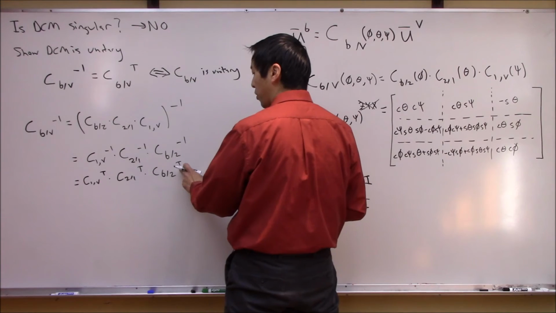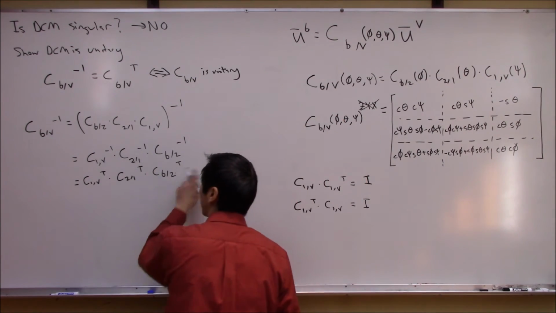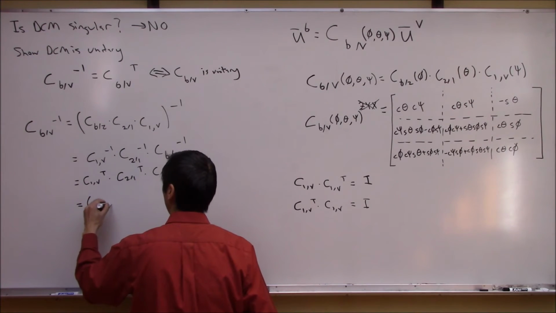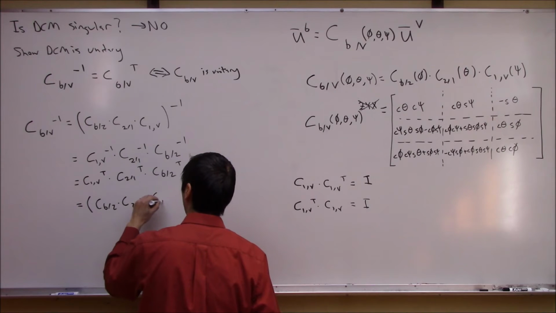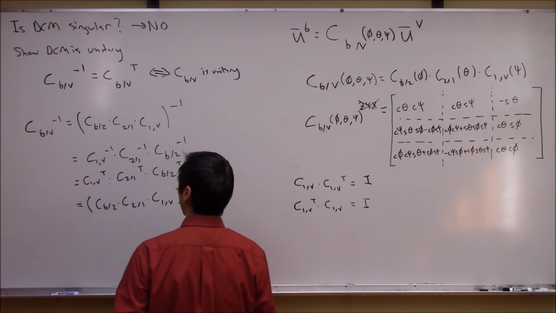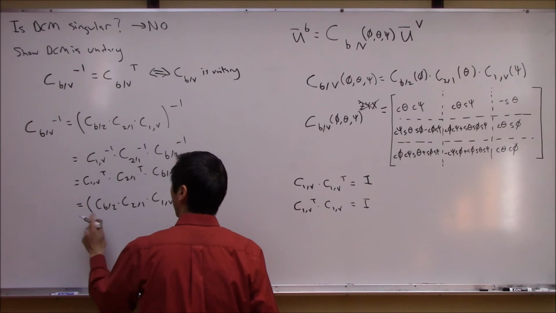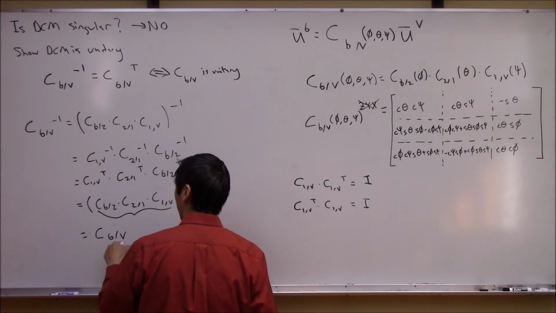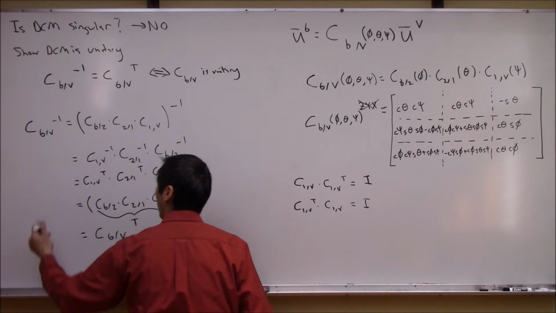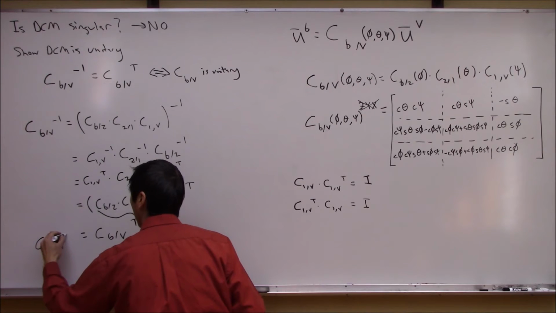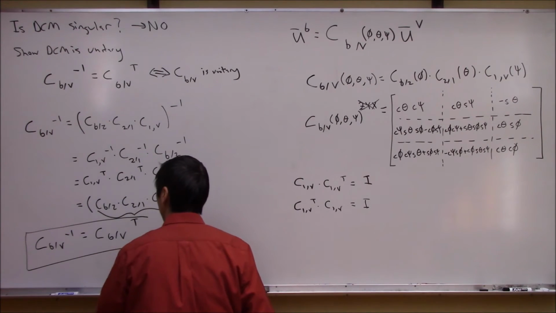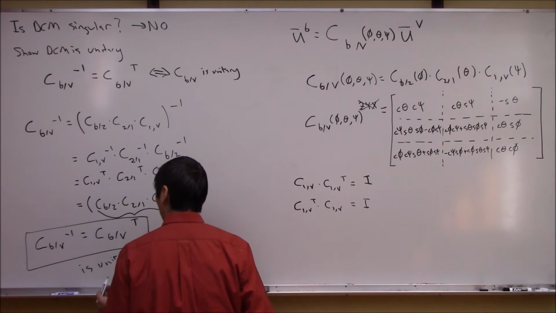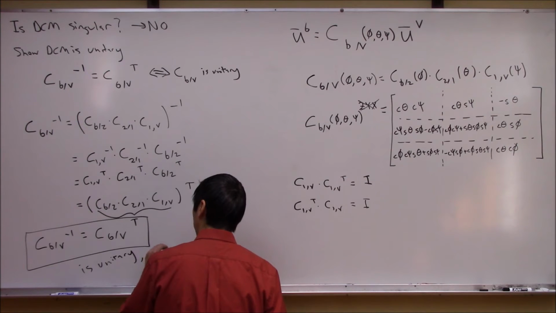Again, remember your rules with the transposes. I can pull the transpose out of this by, again, reversing the order of this. So we end up with CB2 times C21 times C1V, all this transpose here. And this here, that was just CBV, right? That's this entire thing in parentheses, and then I put the transpose out here. So we end up seeing that, again, the full DCM is unitary, right? So therefore, it is never singular,